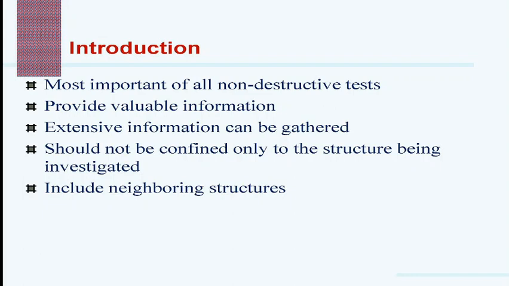The visual inspection, however, should not be confined only to the structure being investigated. It should also include neighboring structures, the surrounding environment, and the climatic conditions. This is probably the most difficult aspect of the whole structural investigation or any diagnostic work, since what appears obvious to one may not be so to another, and often the omission of seemingly insignificant evidence can lead to a wrong conclusion being made.